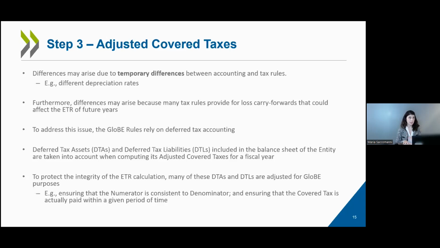It means that if a given deferred tax asset would not be recognizable in the accounts because it does not meet the probability test under the accounting principle, such a valuation allowance, or as somebody called it, also impairment of the DTA, is totally disregarded for Pillar 2. So the DTA as determined on a theoretical basis shall be considered.